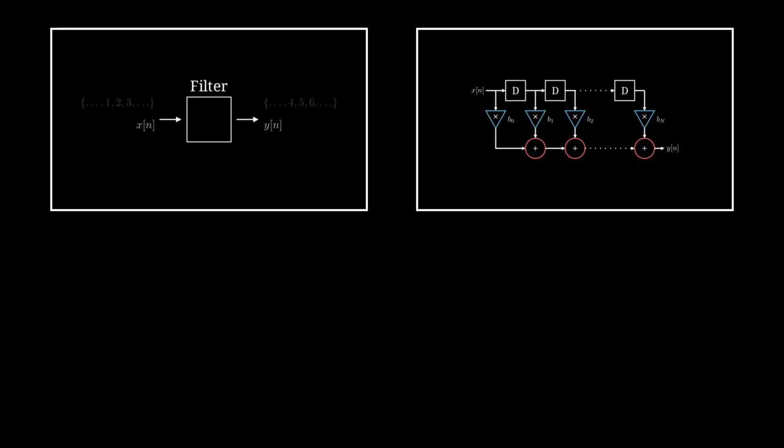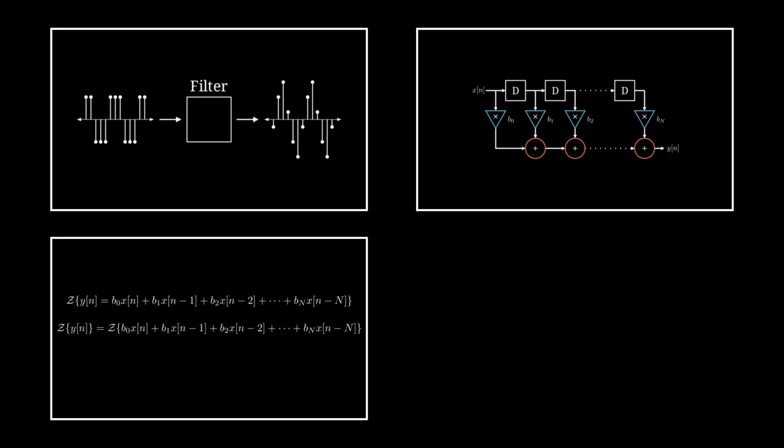That was a lot of material in a short period of time, so let's recap everything we've gone over. First, we introduced the concept of a filter as an operation that maps input sequences of numbers to output sequences of numbers. Then we went over the structure of the FIR filter, how to express it as an equation, and how it's fully defined by the b values used in that equation.